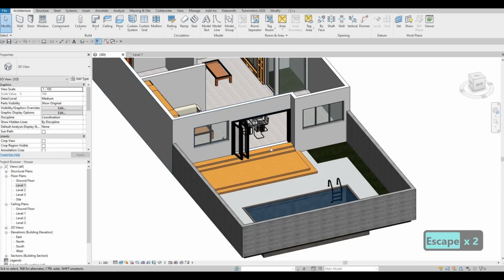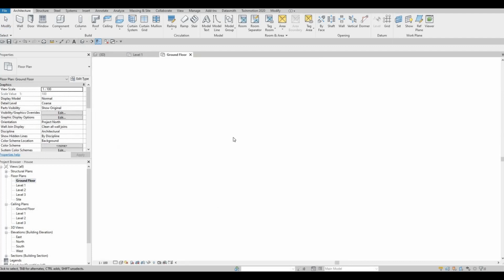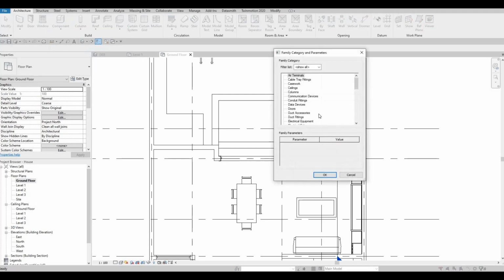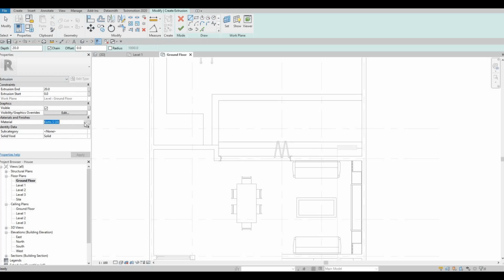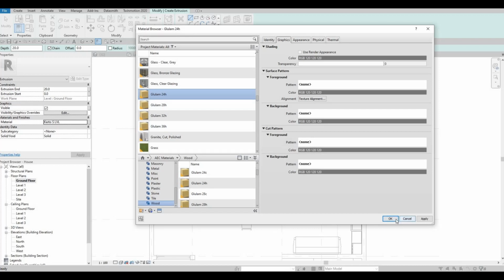And then now we can start adding our pergola. What I want to do first is to add 2 posts. So now let's go to ground floor and we're going to set a model in place. So click on component drop down, model in place, and then here generic model. After this, extrusion, and then here we're gonna set a wood material. I want this wood material to be consistent, so I'm gonna use it all the time. So 24H Glulam,